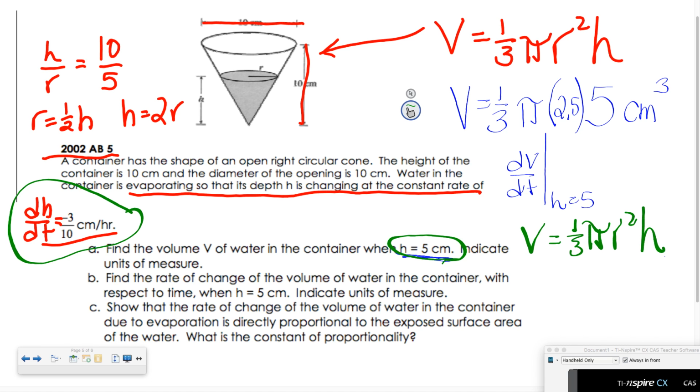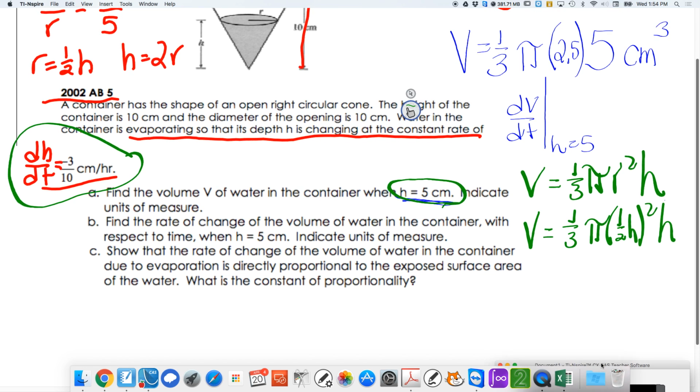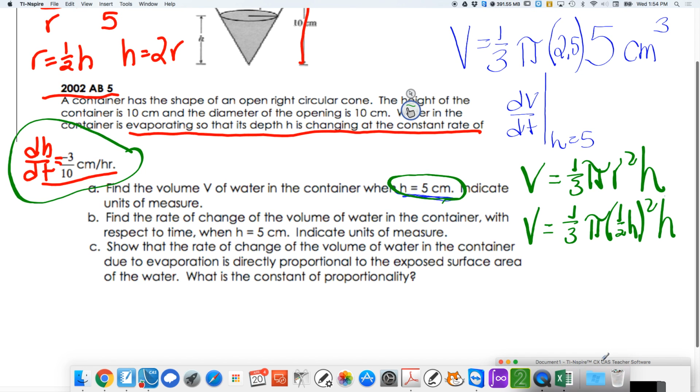So what is r equal to? r equals 1/2 h. So r squared is going to be 1/2 h squared. Okay, so now let's simplify that and combine things. V equals,